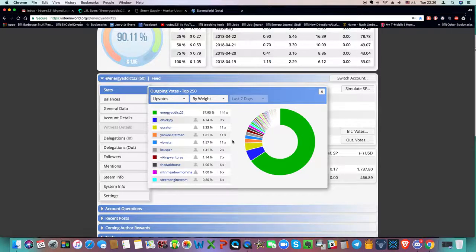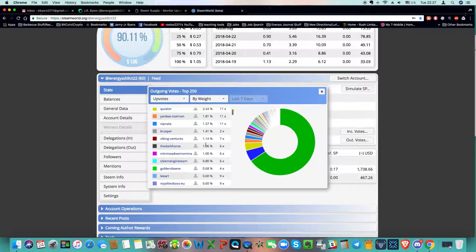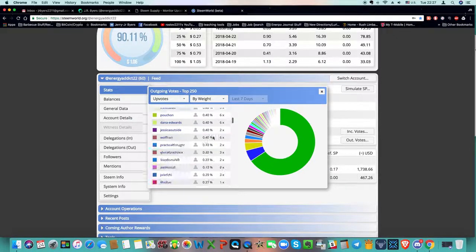So no surprise here, 60% or close to it of all of my votes go to me. If that shocks you, it shouldn't. That's one of the best ways to grow your account. It's not kind of, it is one of the best ways to grow your account. No one is going to be a bigger fan of you than you. Keep that in mind. So this just shows other people that I'm supporting based on weight,